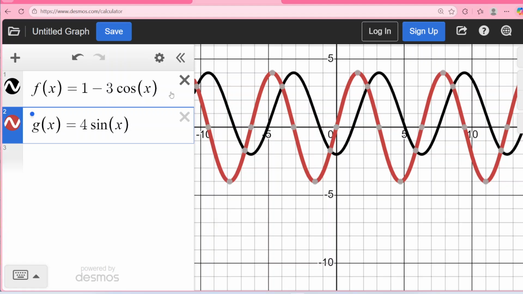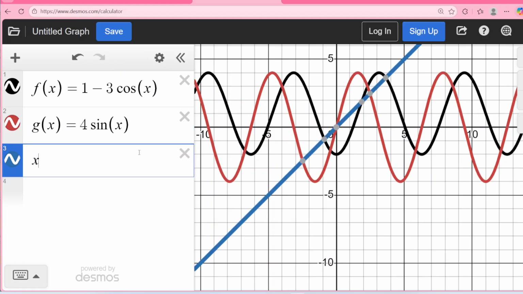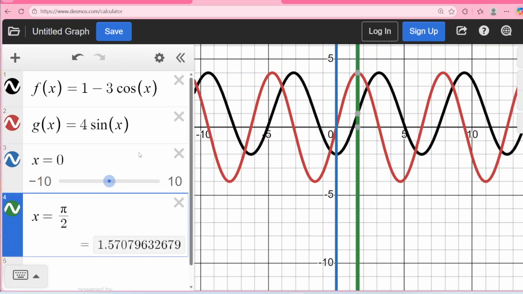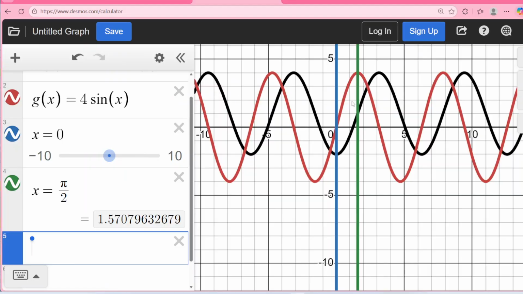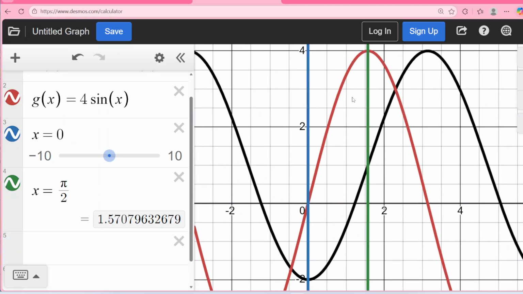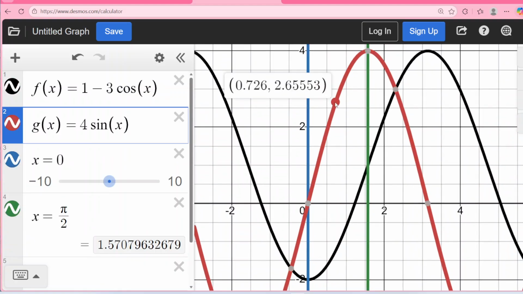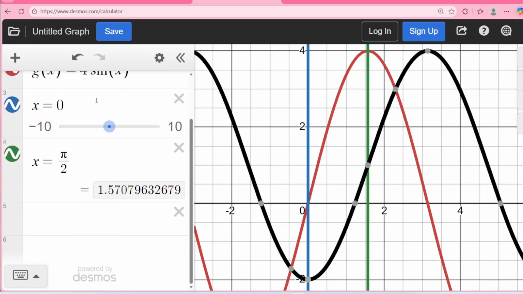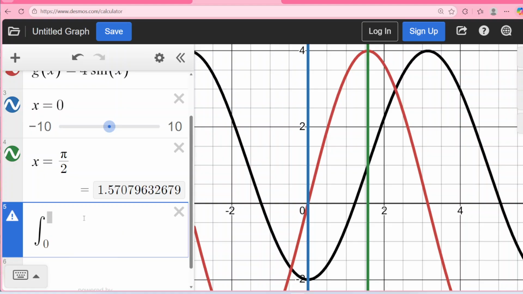But just from 0 to pi over 2, x equals 0, x equals pi over 2. So just this little region here between the green and blue line. You see how in this region, red's on top, black is on bottom. So g's on top, f is on bottom. So this area is going to be the integral from 0 to pi over 2